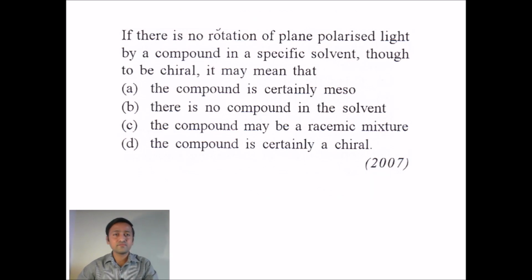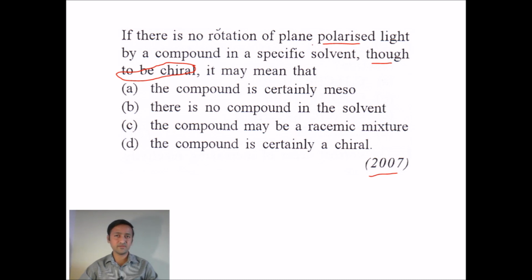Okay, next one. The next question is from the 2007 NEET paper. Let me read the question now. If there is no rotation of plane polarized light by the compound in a specific solvent, though thought to be chiral, it may mean that... So it's given that the compound contains a chiral carbon atom, but there is no rotation